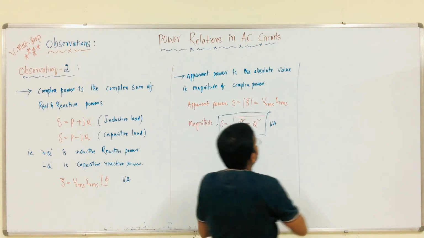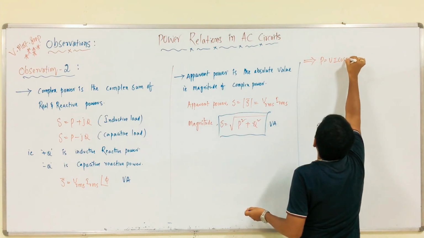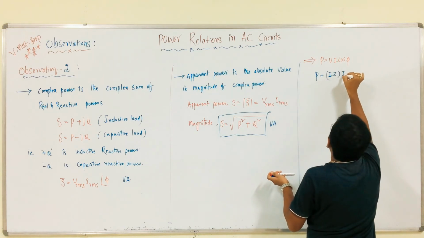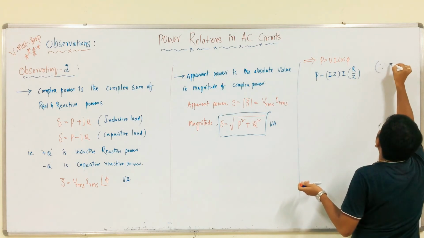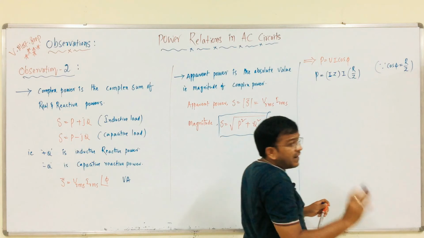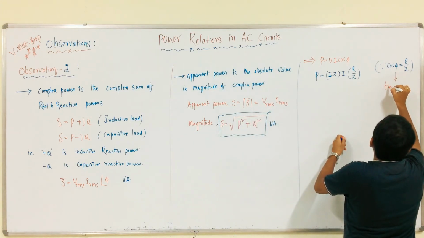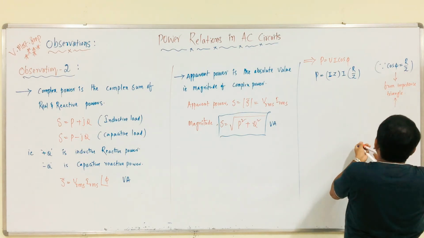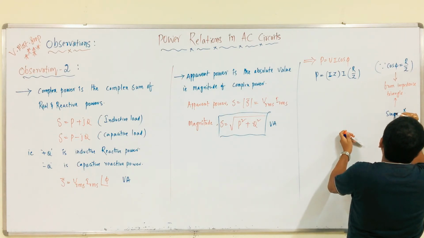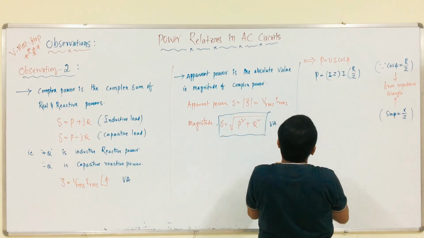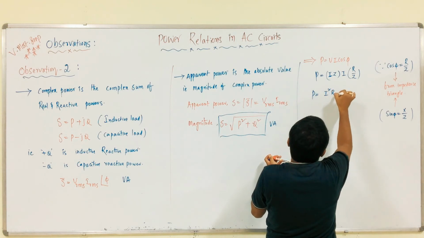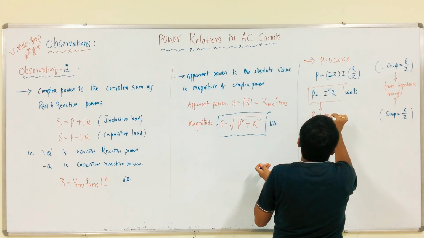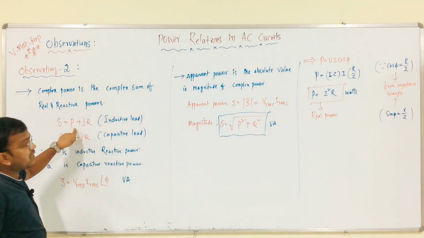Then we all know that P is equal to VI cos phi. So from this, P is equal to, what is V? I into Z, what is cos phi? R by Z, since we all know that from impedance triangle, right? Like that, what is sin phi? X by Z, right? Therefore, P is equal to what? I square into R watts. This is real power. So, P, I square R is nothing but real power,